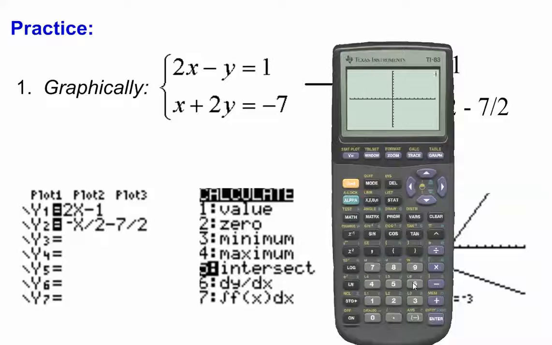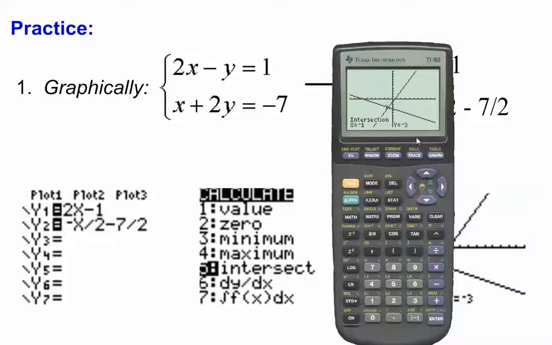I always start with a standard window, and usually that's sufficient, so zoom 6, and I see my crossing point. Now I need to get to this calculate menu, so I look for it. It's right here above trace. Second, trace gives me calculate. Number 5 intersects, and it wants to know, is this your first curve? Yes, it's on that line. Now it's on the other line. Yes. And now guess, so I move the cursor till I'm at the crossing point and hit enter,